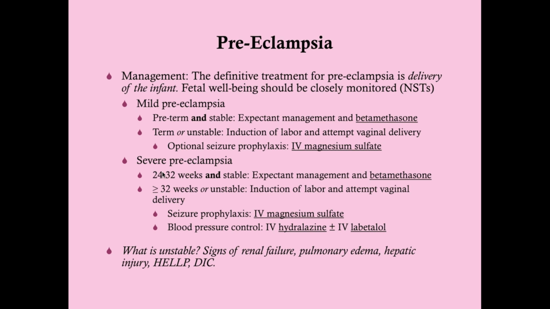The only time we will watch and wait with severe preeclampsia is if she's less than 32 weeks and she's stable. At that point, we can take a little bit of a gamble for the baby's sake. But if she's more than 32 weeks, we can pretty much assume that the baby is going to be okay, the lungs are going to be developed. Or if she's unstable, we're pretty much between a rock and a hard place. We need to get that baby out. Okay? So hopefully that makes sense.